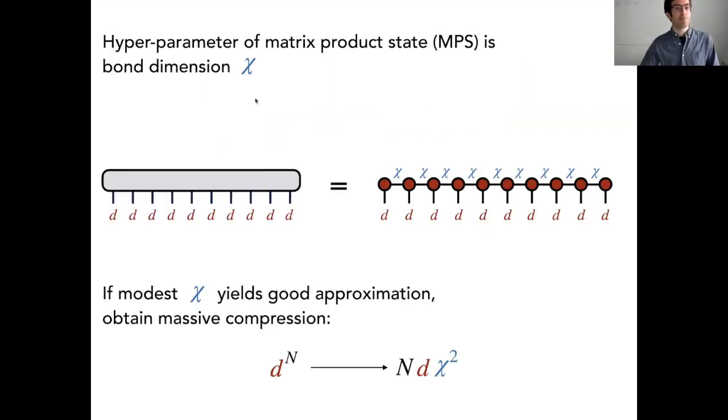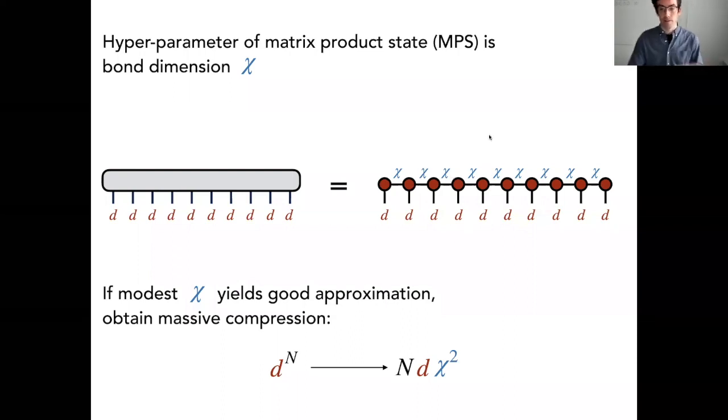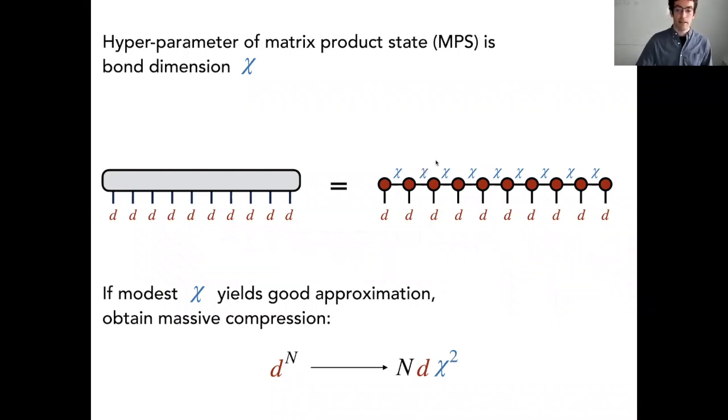All right, so someone asked about these bonds, these indices inside. These can actually vary in size, but just for simplicity, let's call them a uniform size. It's often notated as chi or r, or there are other names depending on the literature. And the key thing to notice here is that if we can pull off an approximation of the original tensor, or some representation of it, for some modest chi, so chi can be 2 or 10 or 100, but not 100,000, then this is a massive compression, because the amount of parameters you need to store the thing on the left without any structure would be d to the n.